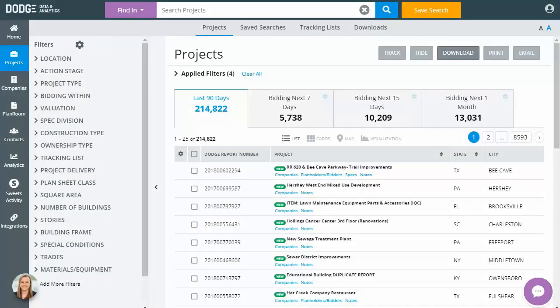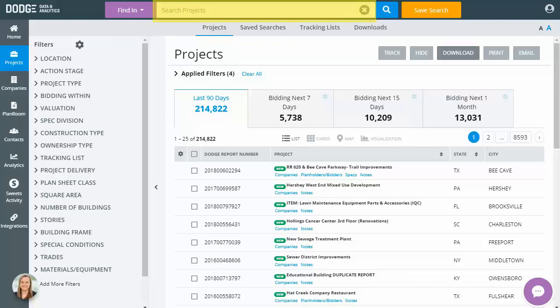You can search using keywords to help filter your results even better and get really detailed and drill down. In some of our other videos, including Dodge Construction Central Crash Course and using project search filters, we use the filters on the left to help narrow down and target projects. Those filters are all optional and multiple choice. You have to select something we've predefined. Using keywords is still optional, but open-ended, which means you get to tell the system what you want it to